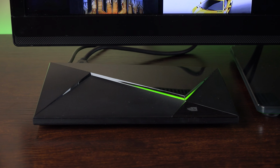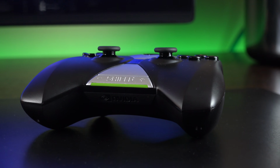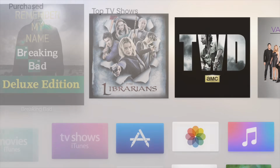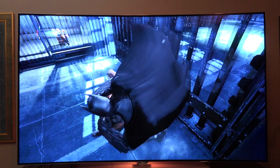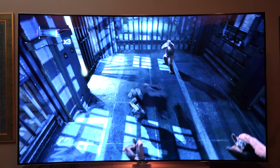Ultimately, the Nvidia Shield TV offers more choice and flexibility, along with better future-proofing thanks to 4K compatibility and higher-end processing power, while the Apple TV offers a more focused media-first experience that remains the best option for Apple users. Choosing the best media player ultimately comes down to which platform you currently live in now and what features matter to you most. In either case, both are excellent options and are at the top of their class in terms